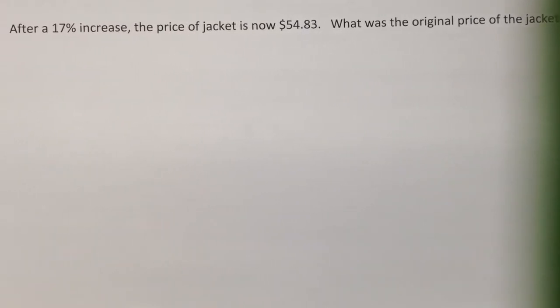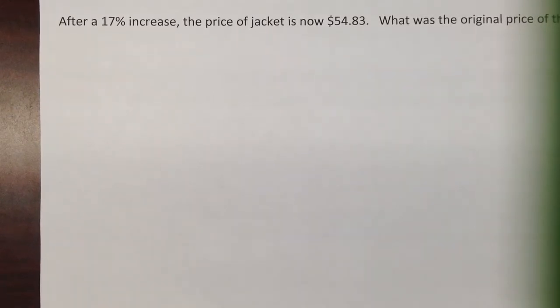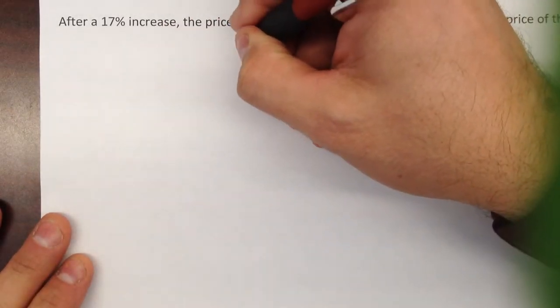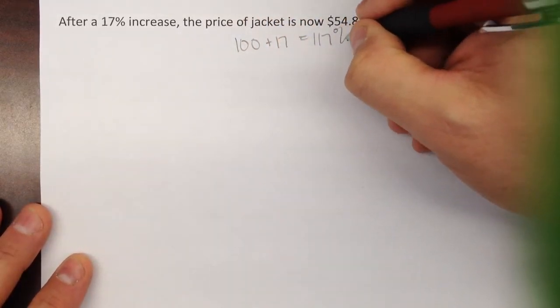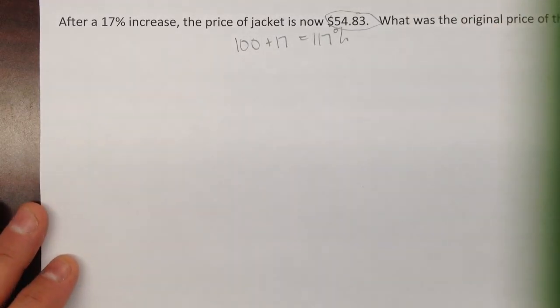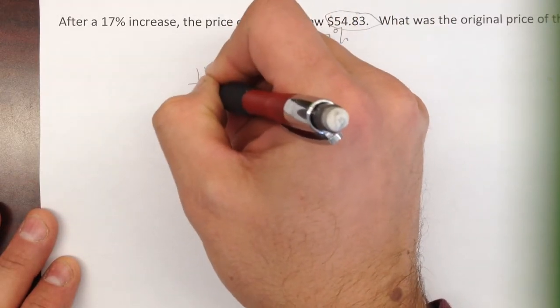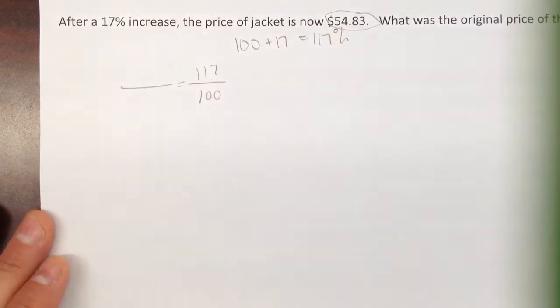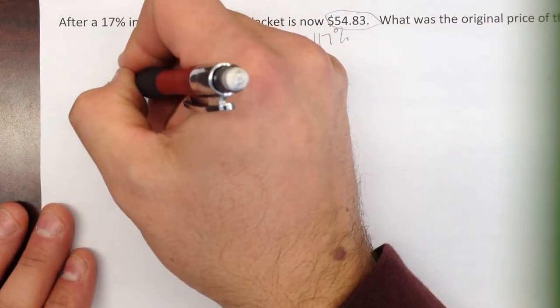Based on that increase, let's go back to here and try to figure this out. If it's an increase, remember we talked about increases being adding to 100, because you're starting from 100. So I'm going to do 100 plus 17 to get 117% as the cost right now. That's the new cost with the increase. So that's going to be the first part, 117 over 100. That's my percent. The other part is going to be the cost. So 54.83 is